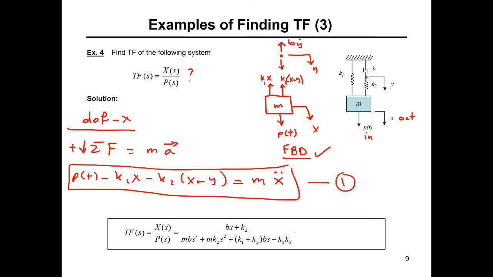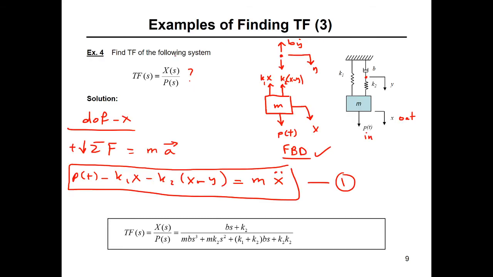Degree of freedom y. Apply Newton's second law. Summation of forces equal mass times acceleration. This is my positive direction of force. We have two forces only: negative b y dot and positive k2. So it's going to be positive k2 (x minus y) minus b y dot equal the mass